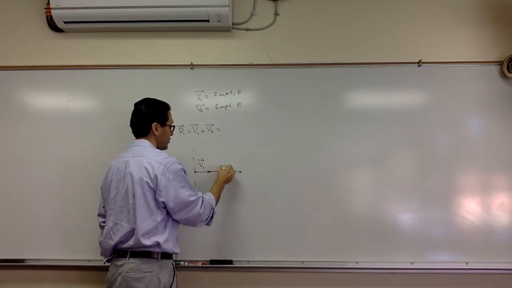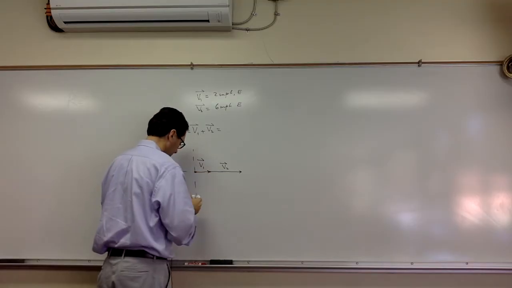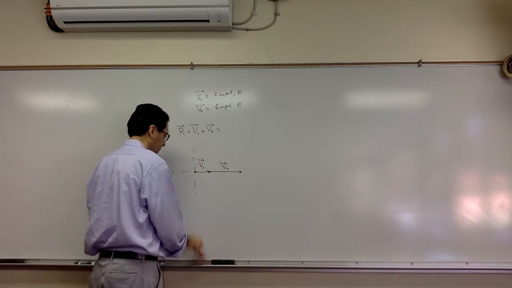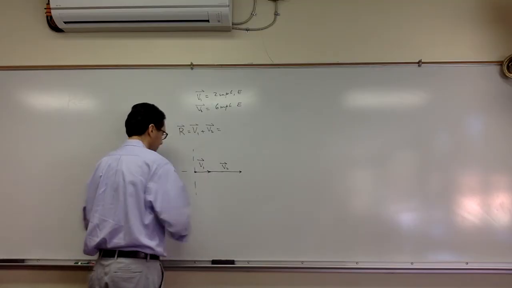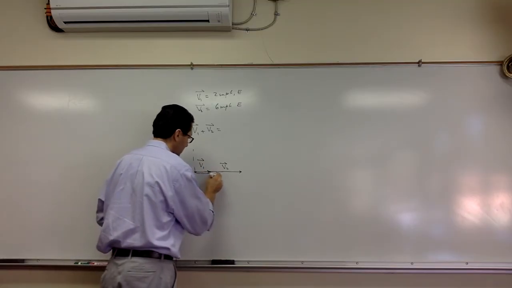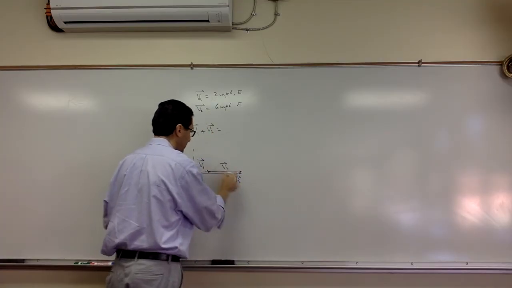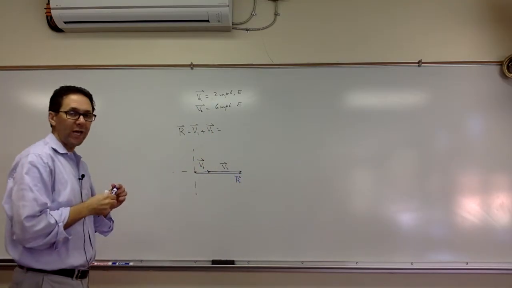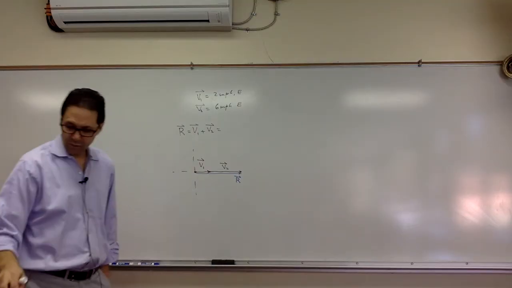Okay, and this is V2. And my resultant is this combination. This is R. So R is V1 plus V2. So you have to do head to tail every single time. Now the next one, if it says